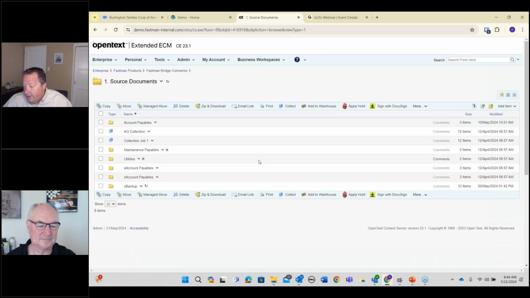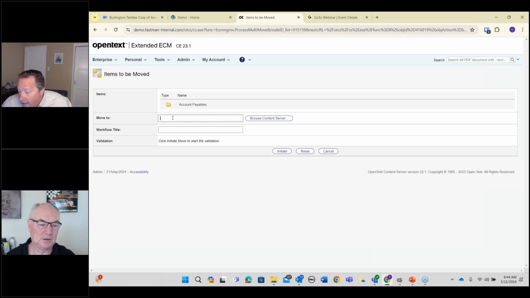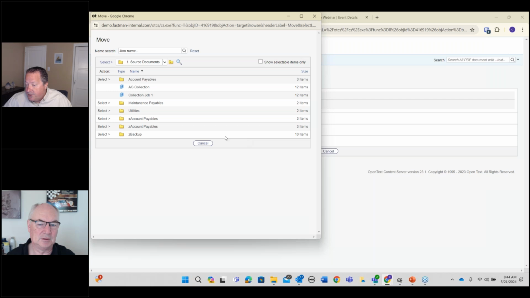Let's say the scenario here is I have payables, accounts payable. And let's say I want to move this folder and its sub-content and its items to another location within the repository. I can start that process with my manage move. And I can pick a location I want to move it to. If I want to move it into those Salesforce folders,